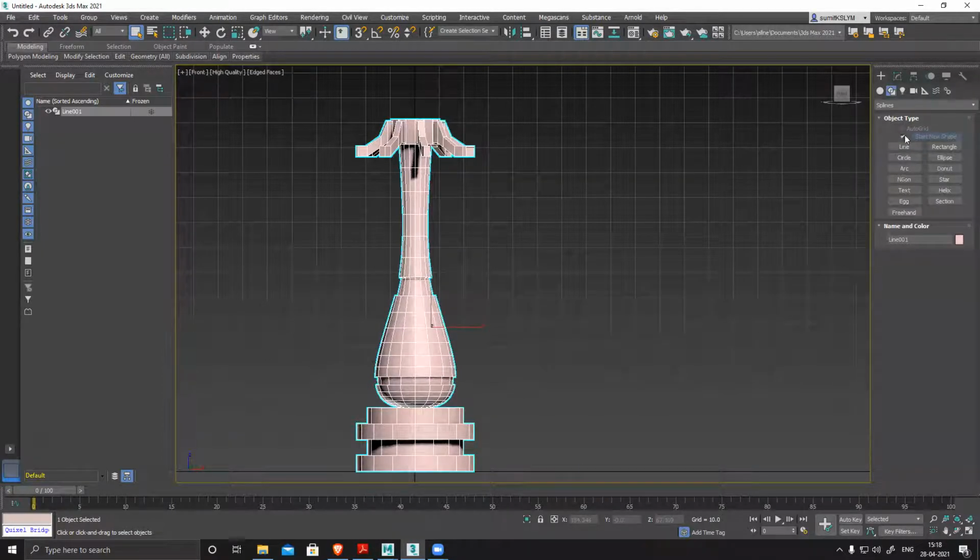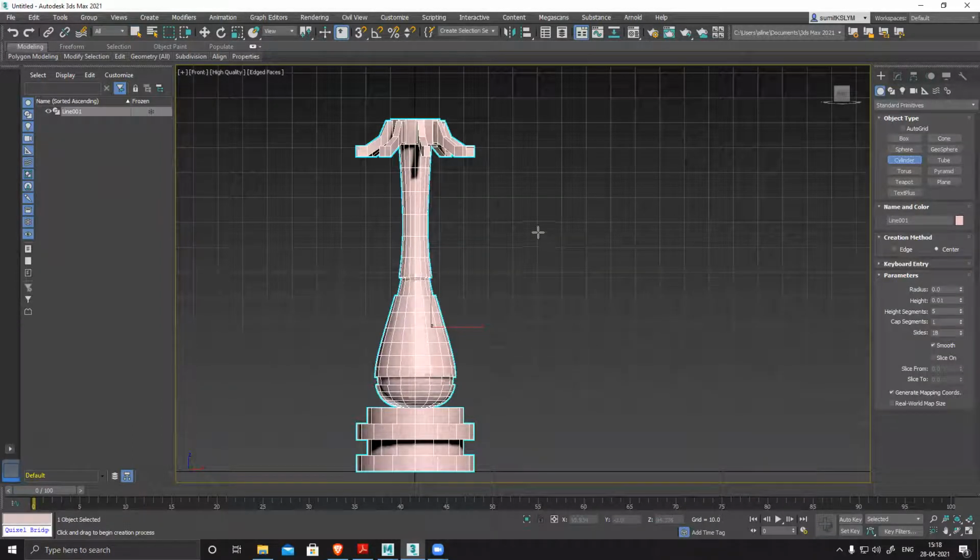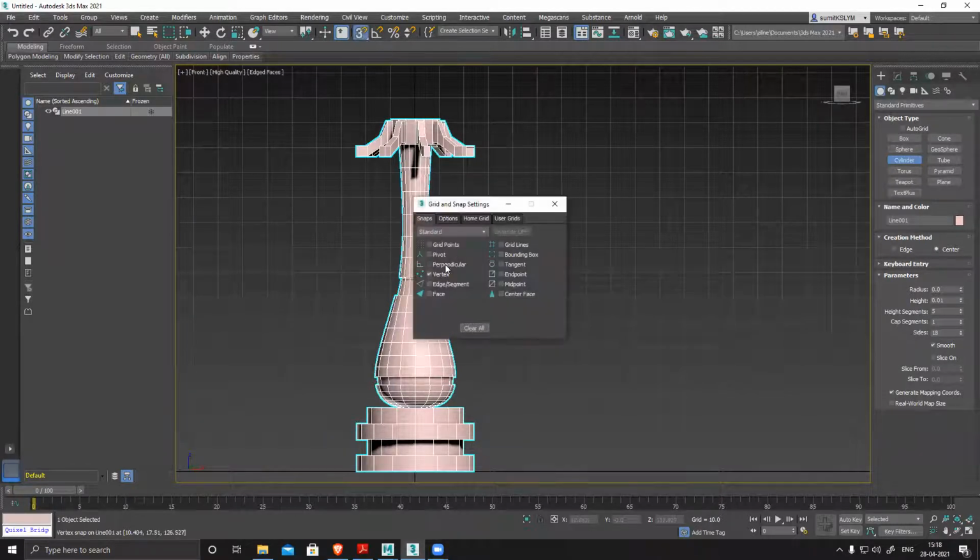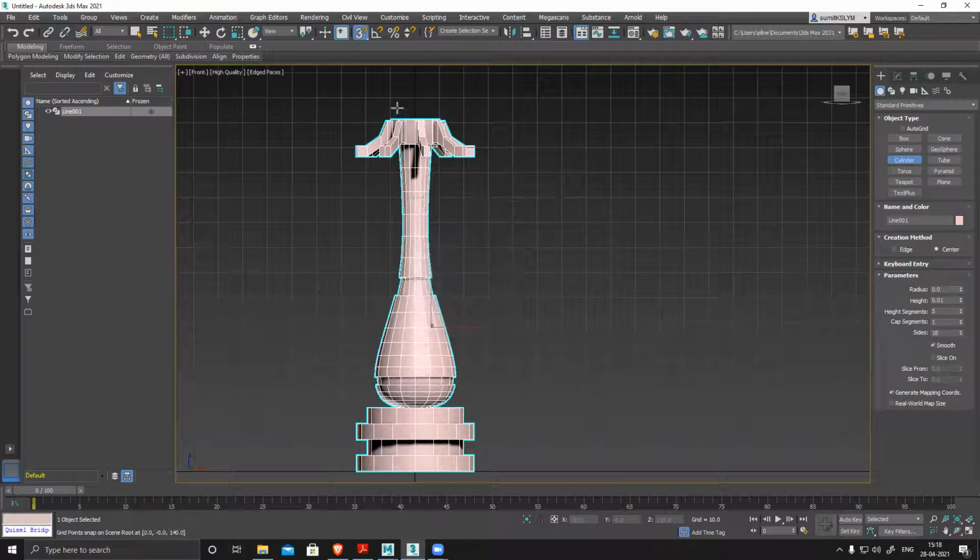For the arch, this time I'll be using poly modeling. I'll use a box, or if I want, I can use a cylinder also. Let's use a cylinder, that would be nice. Create it at the grid point, in the grid center.